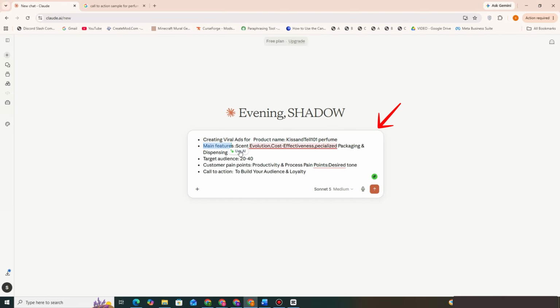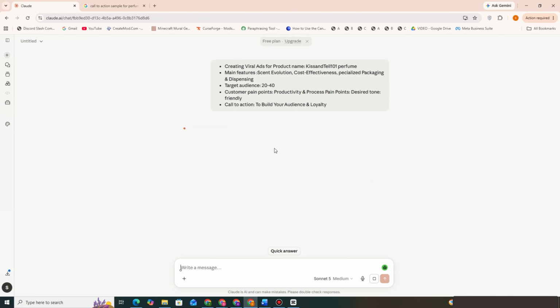Okay, so you must enter the information of your product right here. Be very specific because Claude AI sometimes depends on your prompt or your information. So once done with adding the information right here, all you have to do is just press enter. As you can see, provide the following such as product name, main features, target audience, let's just say desired tone, friendly, call to action. After that, press this arrow right here